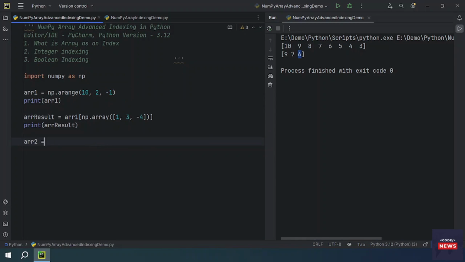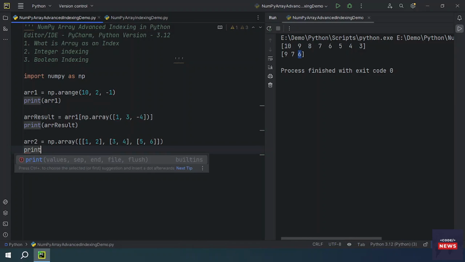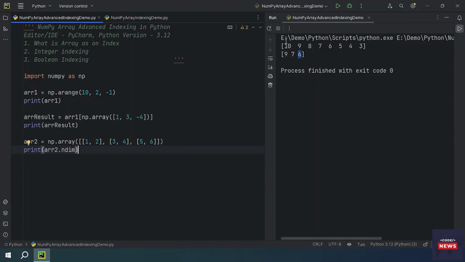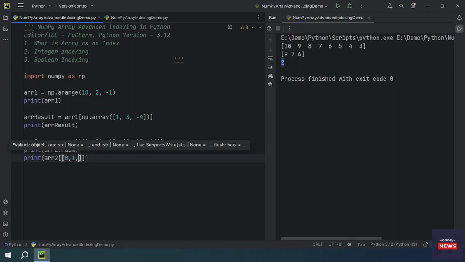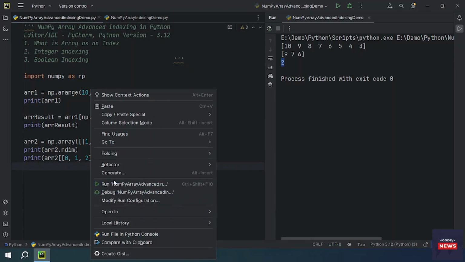If I have a new array which is a two-dimensional array, I want rows 0, 1, and 2. This is for rows, and this would be for columns: 0, 0 and 1. If I print it, you will get